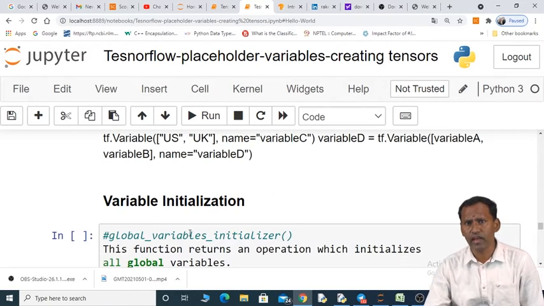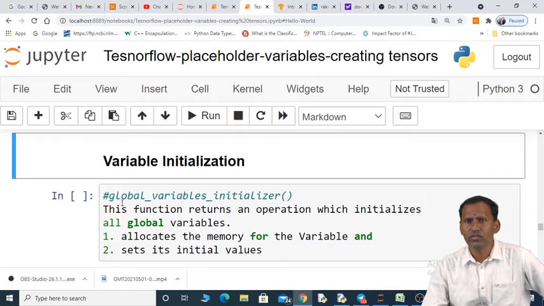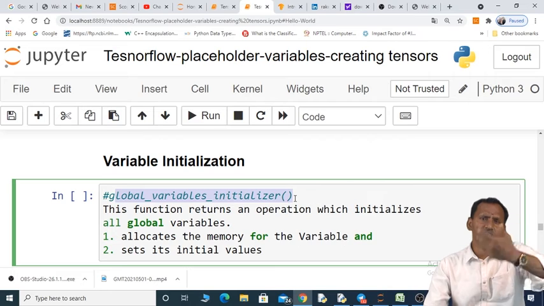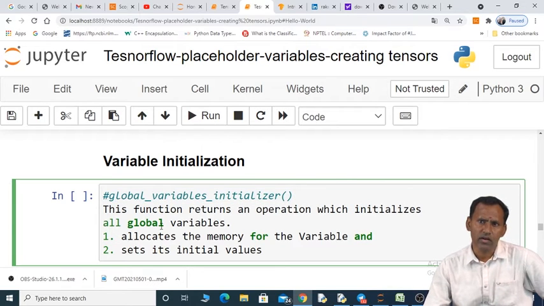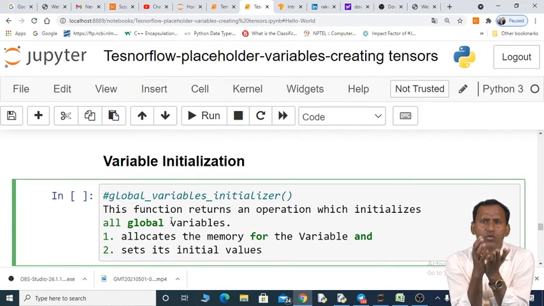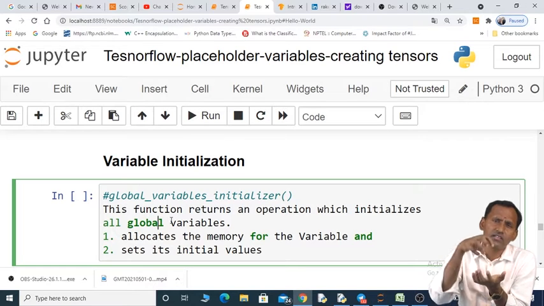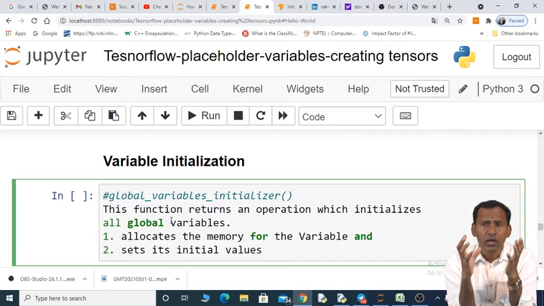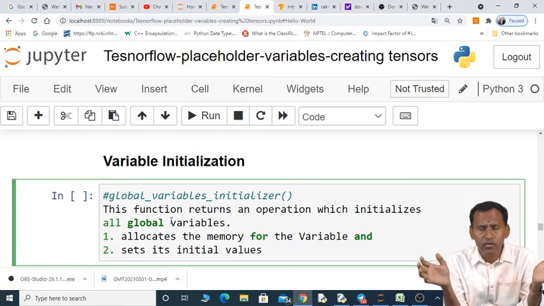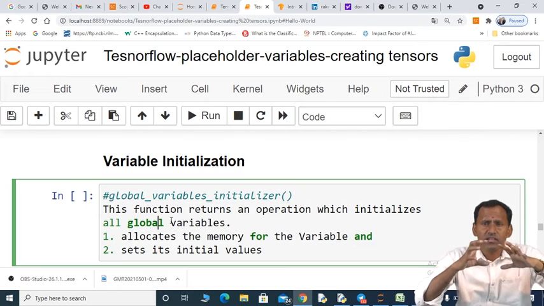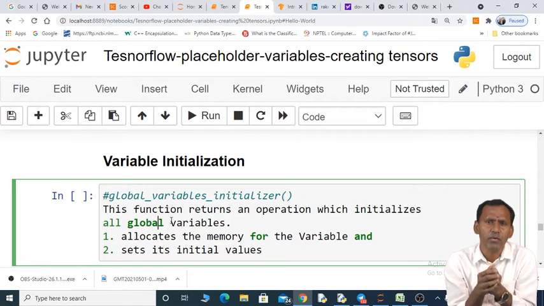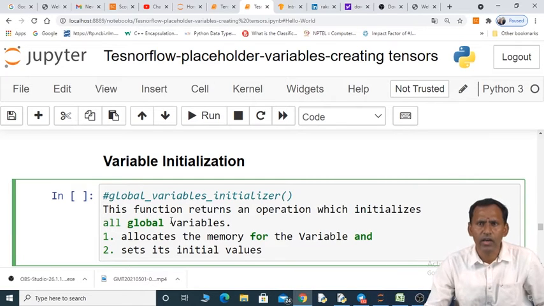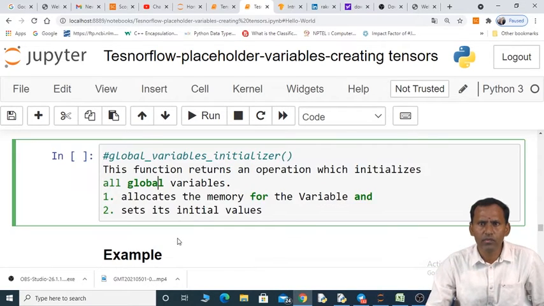Coming to variable initialization, by using global_variables_initializer we can initialize the variables. This global_variables_initializer function initializes all the global variables. Initialization means it allocates memory for all the variables and sets the initial value. This is very important. Without initializing all these global variables, we cannot use them.